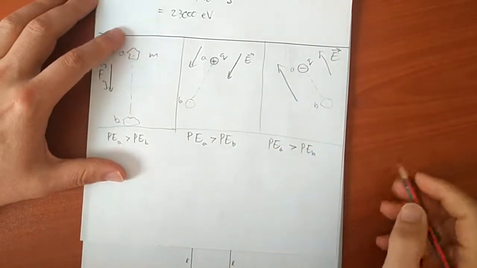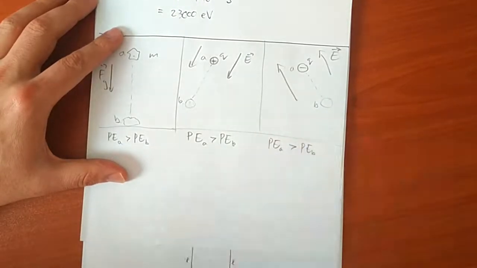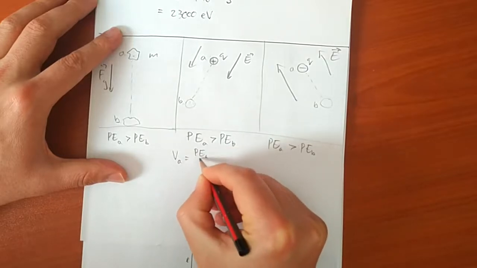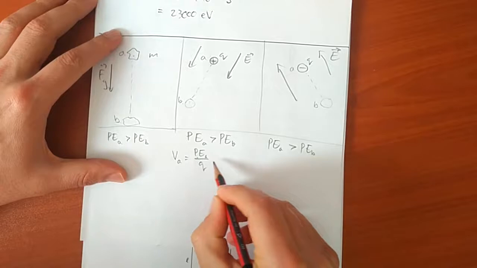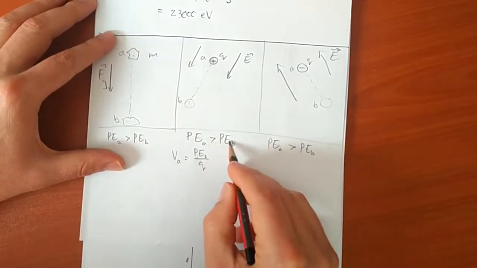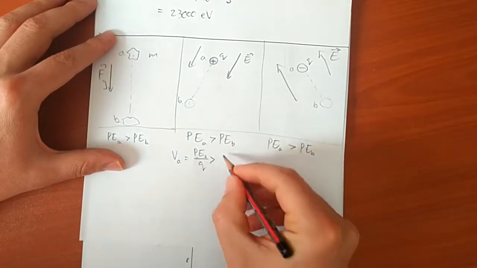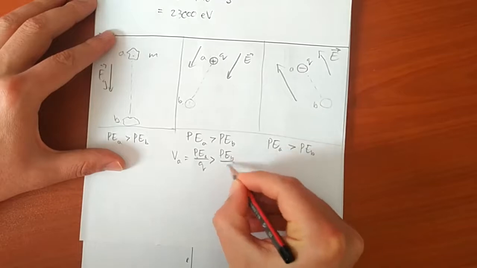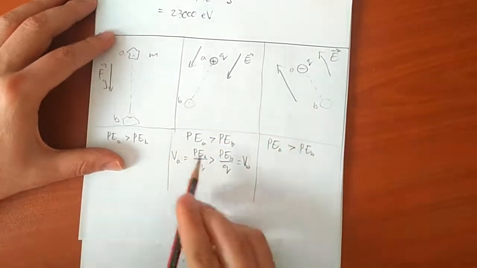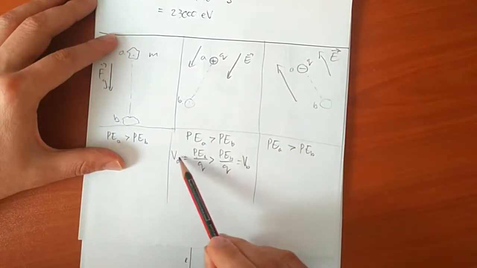Now, what is the potential? The potential is VA, but VA is what? VA is equal to the potential energy at A divided by little charge Q. Now, if I divide by a positive number, I've got these two things, this one greater than that one. If I divide on both sides by the same positive number, then the inequality does not change direction. Equal to VB. See, so the potential going from A to B is still at A larger than at